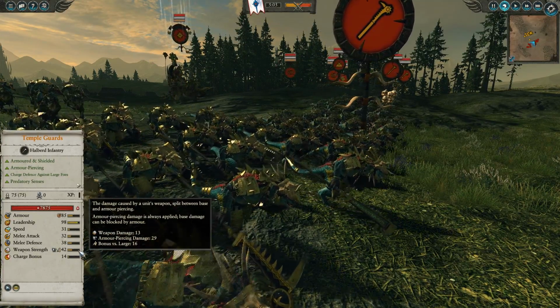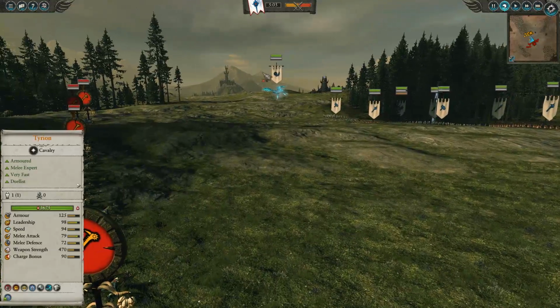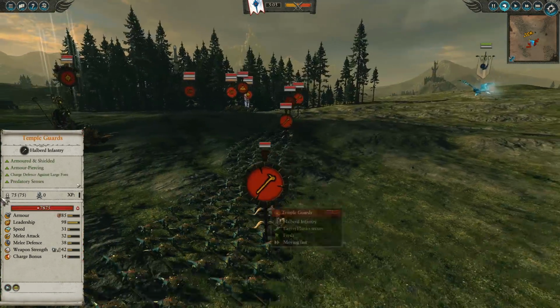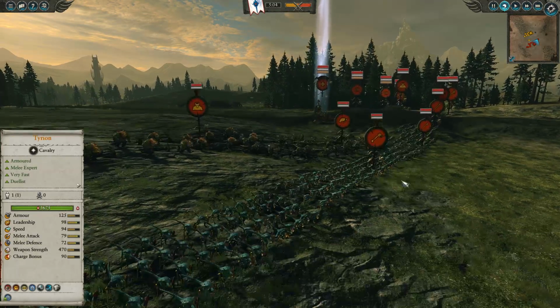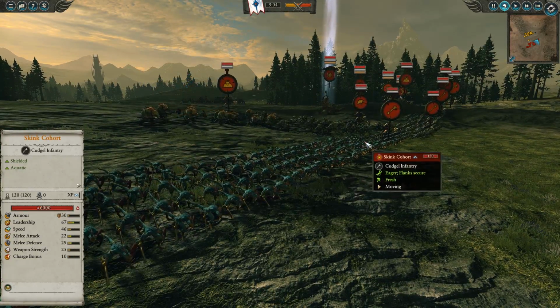And on top of that, they also do have a bonus versus large of 16. So I definitely need to be careful with this Frostheart Phoenix. He's got two of those bad boys, which will do a decent dent in my front line. But you can see he kind of gave up his side flanks here and had to bring Skink Cohorts to